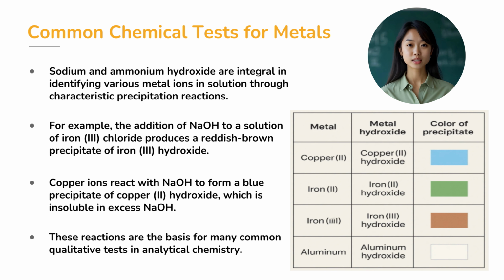Copper sulfate, for instance, reacts with sodium hydroxide to form a blue precipitate, while iron chloride reacts to form a reddish-brown precipitate with ammonium hydroxide. These reactions are really useful because each metal has a distinctive reaction pattern, and by observing the precipitate's color, we can narrow down which metal is in the solution. These tests are like little chemical fingerprints for metals, and they play a huge role in labs that analyze substances for purity, contaminants, or composition.